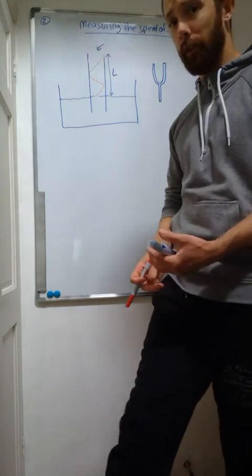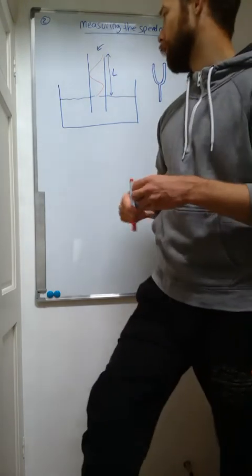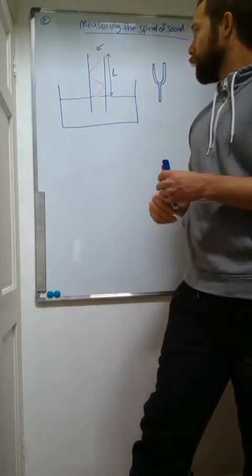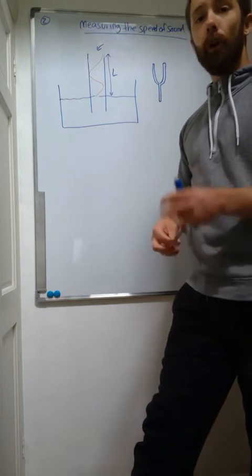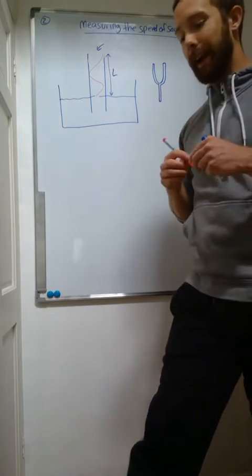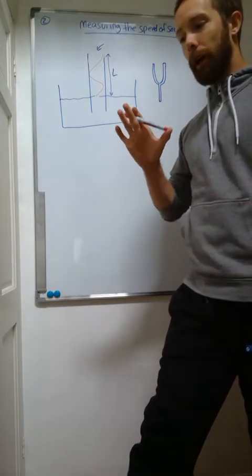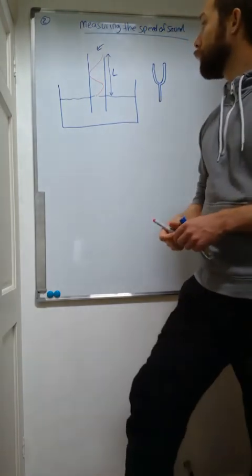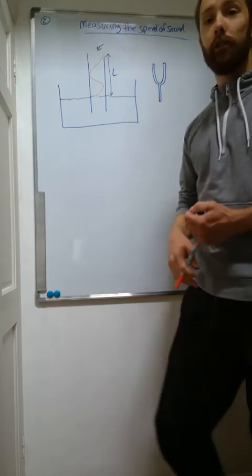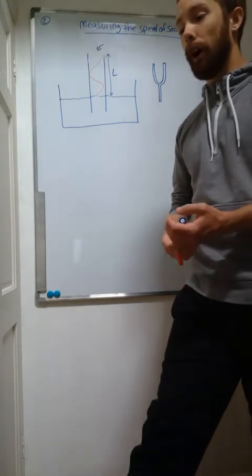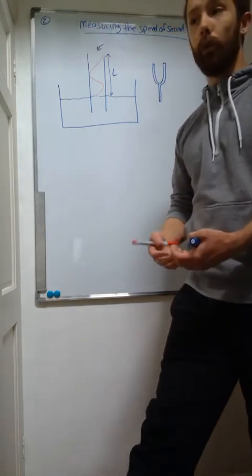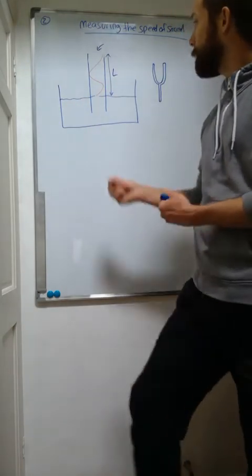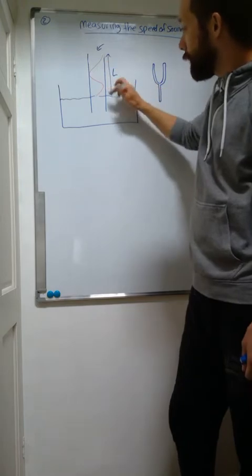There's a few things that we can do, and I'm going to talk you through the ways we can improve the experiment as well. So, first of all, we're going to talk about how we can actually identify whether you're at that peak or not. So what you can do is you could have your tuning fork here, and some kind of microphone set up to an oscilloscope or a computer system which will tell you the volume. And if you adjust this length,